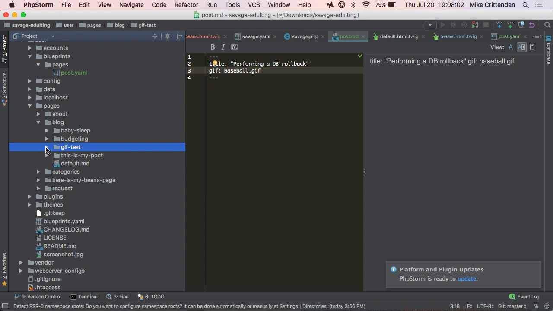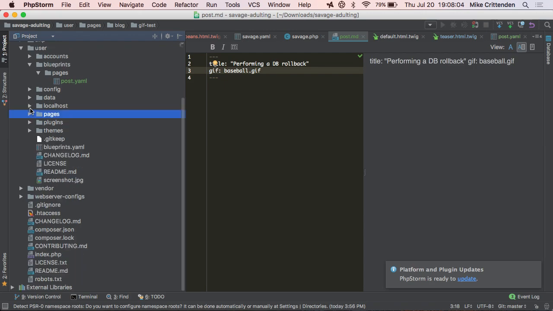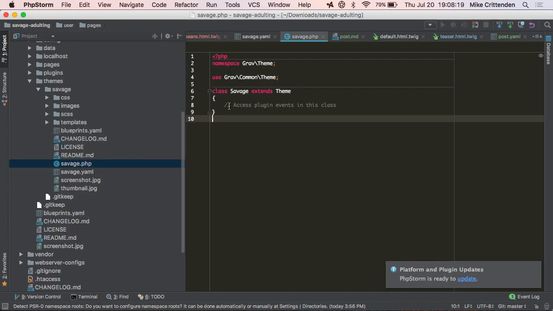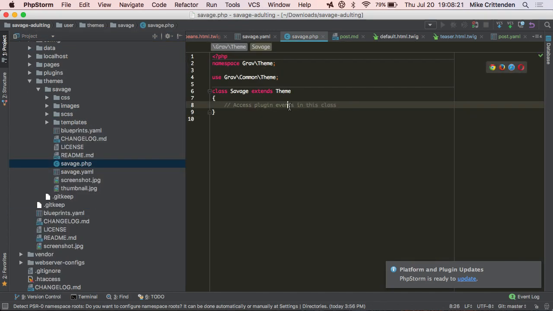I didn't talk much about, well, at all about PHP. Grav plugins are PHP based. You basically inherit from the Grav plugin class, and then there's all these events that you can hook into and do whatever you want to do. And then themes also have a lot of power there too, which again I actually didn't do anything with yet because I didn't have any need to. But themes extend a theme class, so there are a lot of theme functions that you can override or hook into. So that's it.